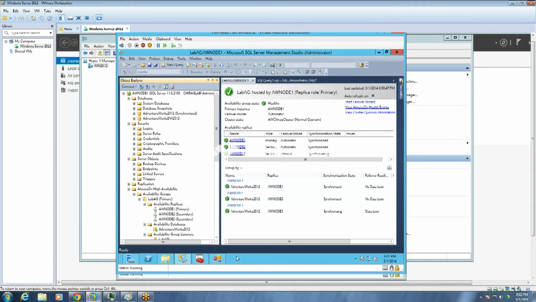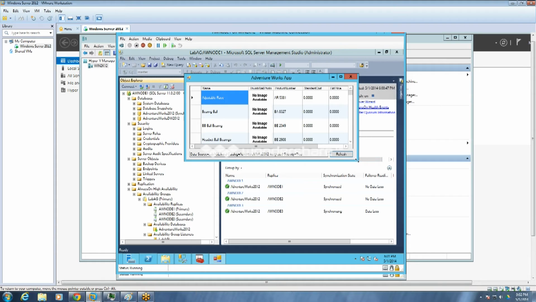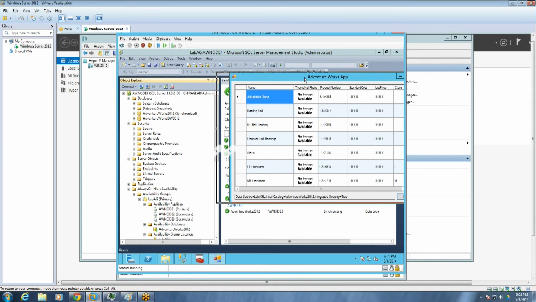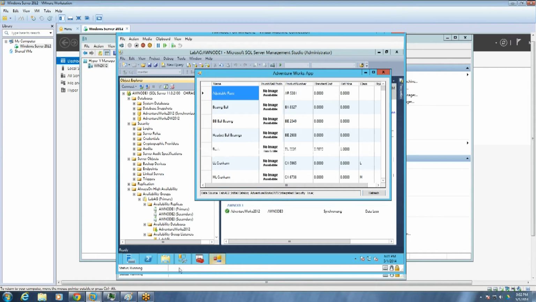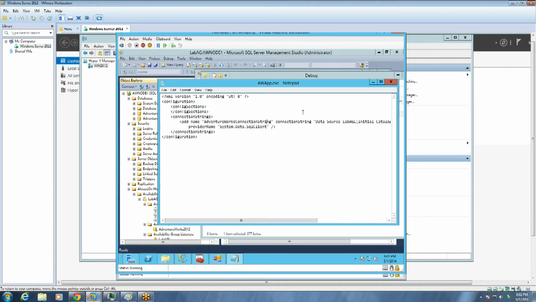I do have an application which I made in .NET just to show you how we can access this. If I go to the config file, over here I specified my listener name.